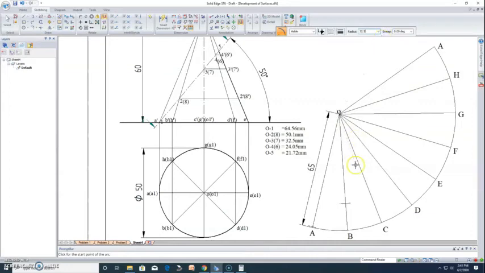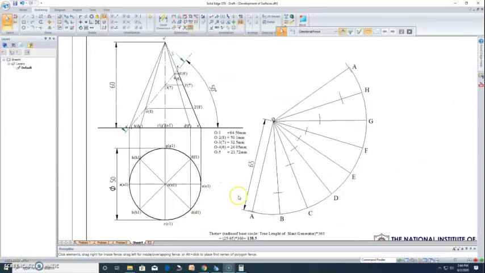Like this I will do it for the rest of the edges. This is how it looks when all the generators are cut.